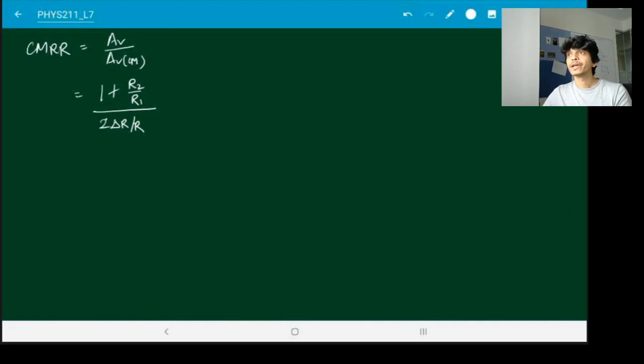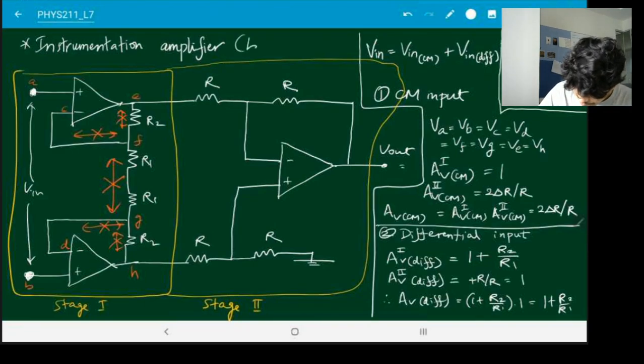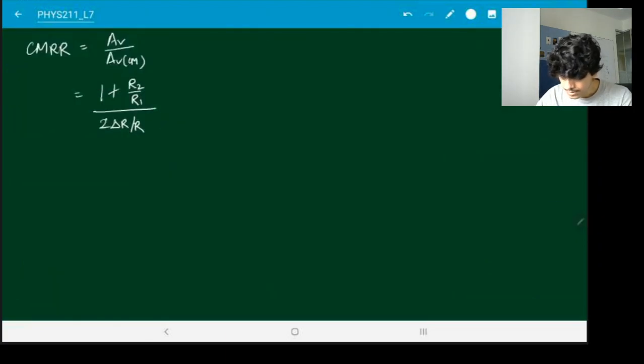In general, for any serious kind of electronic circuit that you're trying to build, you will probably want to use an instrumentation amplifier instead of the usual inverting, non-inverting amplifiers and so on, because of its high CMRR and high differential gain. This, of course, the circuit that we saw right now, is the basic form of the instrumentation amplifier. You can have much more complicated circuits which will also take care of reducing noise and so on. I think Malvino discusses a more detailed instrumentation amplifier as well apart from this one. So you can take a look at that for details.